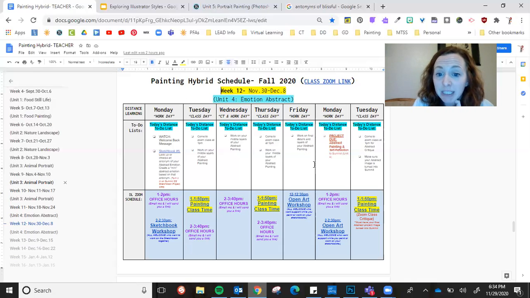Friday, continuing to work, but now I have a workshop at the end of the day, and I'm calling that an open art workshop. Whether you're working on sketchbooks, trying to get caught up on sketchbooks, working on your abstract, or just working on something else, pop on in. You can stay the whole time or part of the time, and let's work on art together.